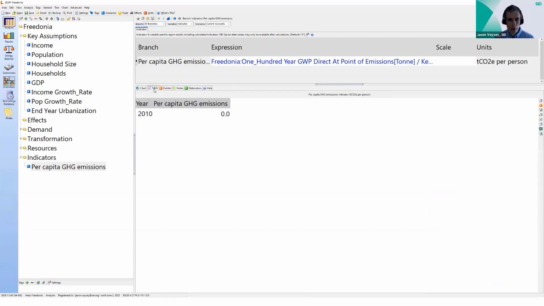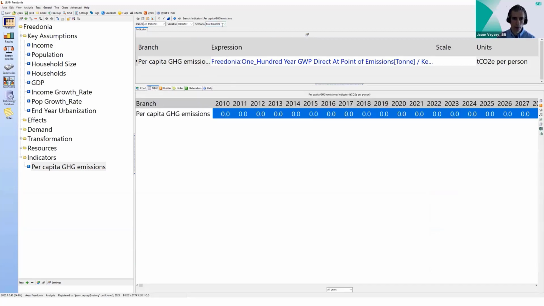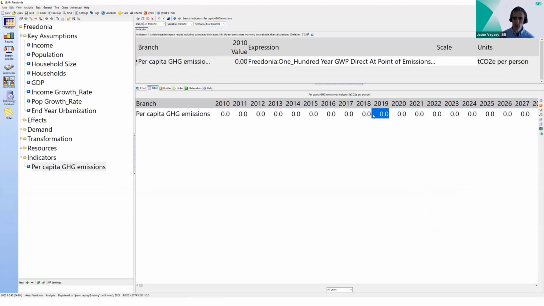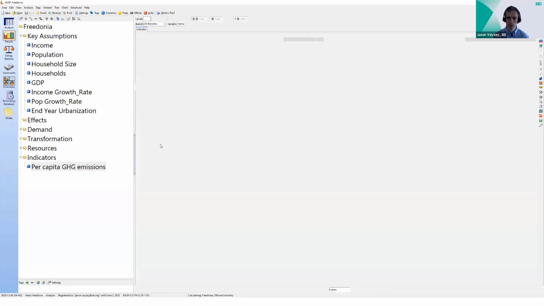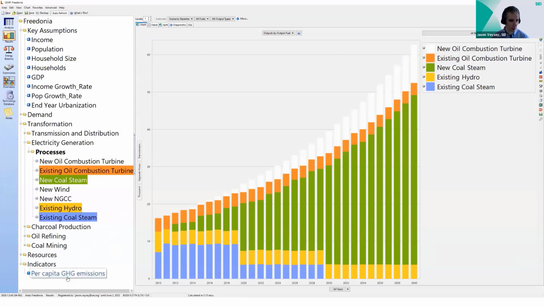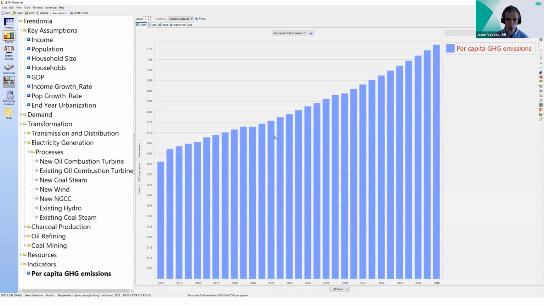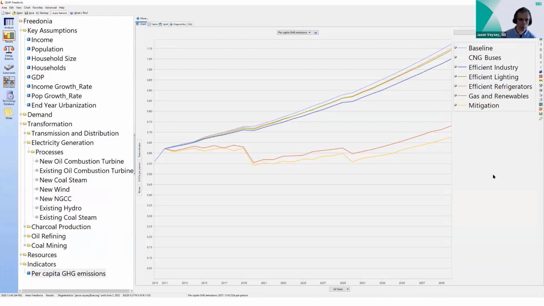Now with an indicator, if I look at the table right now, I don't think I will see any results. With an indicator, you have to recalculate results in order to see results for the indicator. So I'm going to do that. Let me save this, and I'm going to choose to look at my results. Now, if all went well, and I click on the indicator here, I can see per capita greenhouse gas emissions. And I should be able to see that for my different scenarios now. So this is now in tons of CO2 equivalent per person